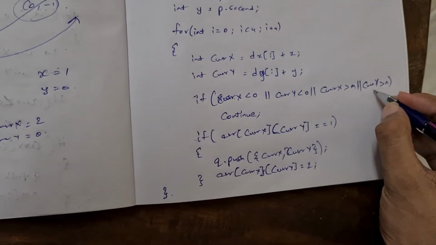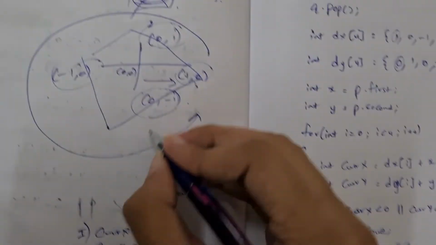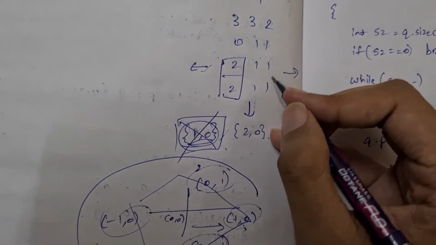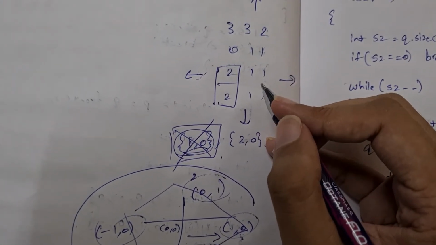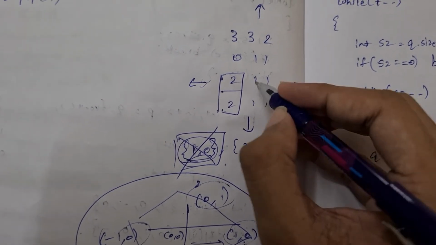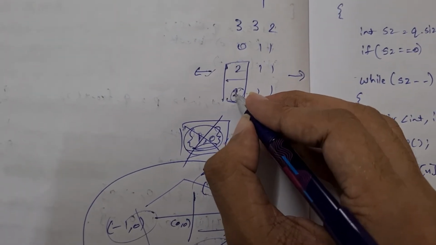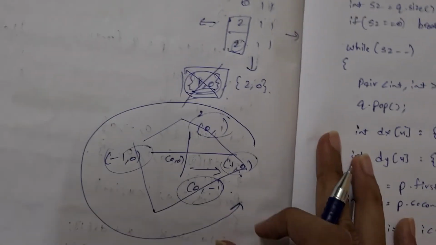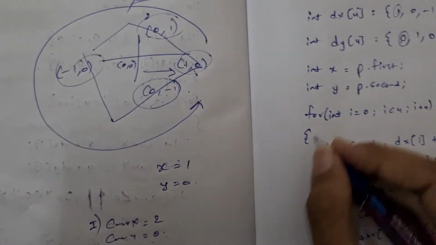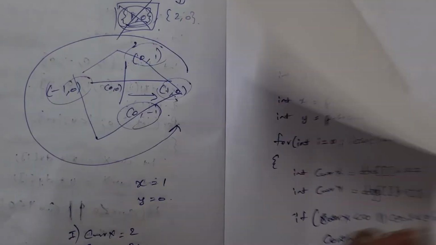Yes, this is in the bounds. So if this is in the bounds, then I will check whether this is a fresh apple or not. So if we go there and check what is at 2 and 0, this will be the element. This apple is already rotten, so we don't have to do anything. And then later we will go to the next element, which will be adding 0 and 1. So if I check that,